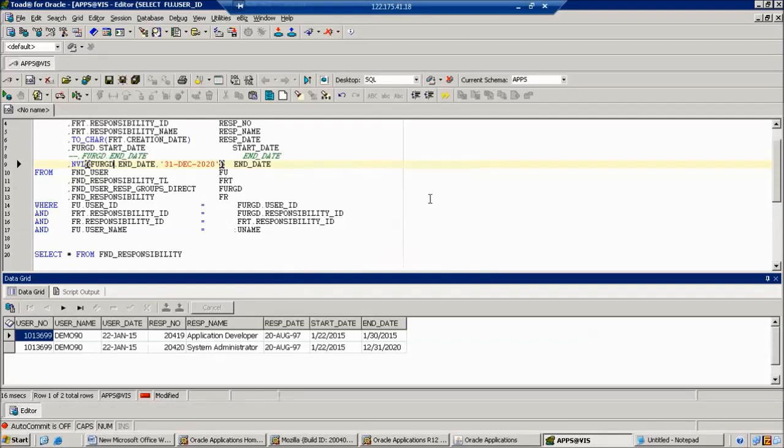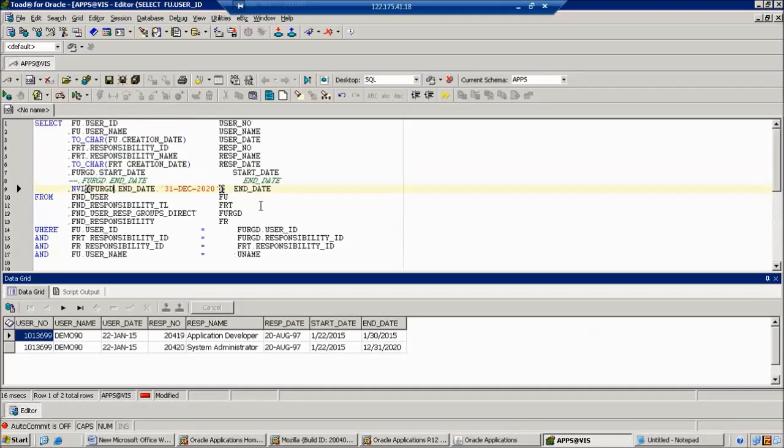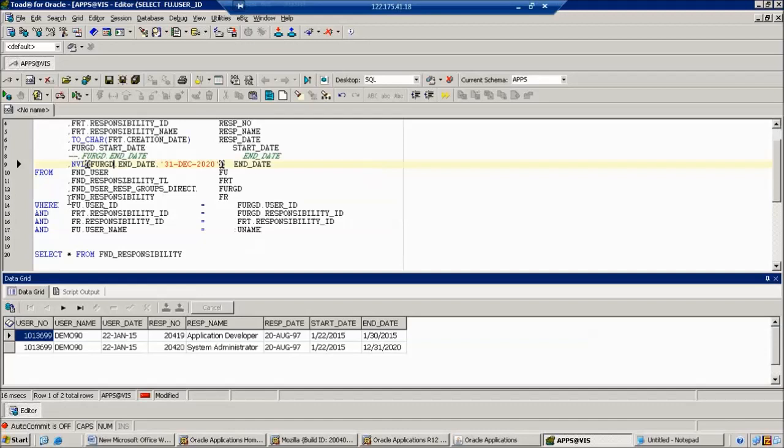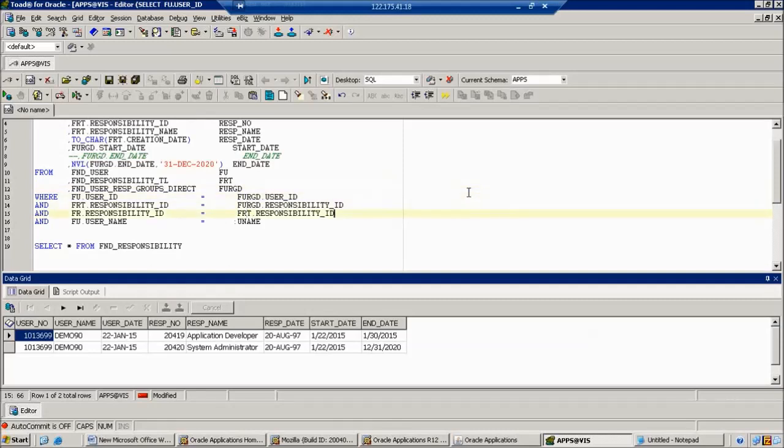No need. Earlier, for the start date and end date purpose, we were using the FND responsibility table. Right now we are getting the start date and end date from which table? FND user resp groups direct. That is the reason we no longer need the FND responsibility table. So what do we do? Can we remove that table? Why do we want to maintain the additional table? It is a burden, right? For our query it is a burden. So that is the reason I want to remove that, and also we remove the join. It is an unnecessary table, so I want to remove it.